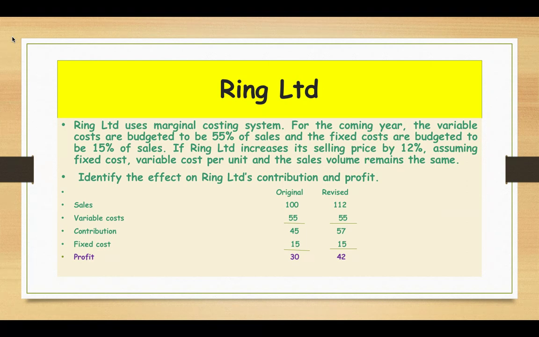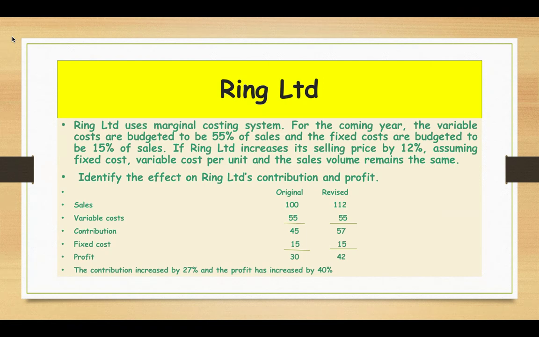But the revised one is £42. So we'll see the effect on contribution and the profit. The contribution increased by 27% because originally it was 45, now it's 57. So the percentage increase is 57 take away 45, divided by 45, times 100, which is the